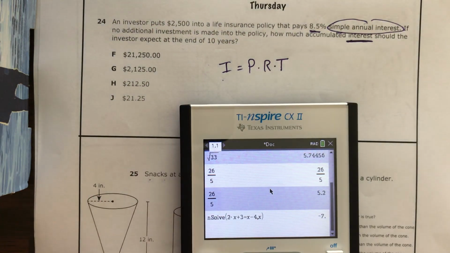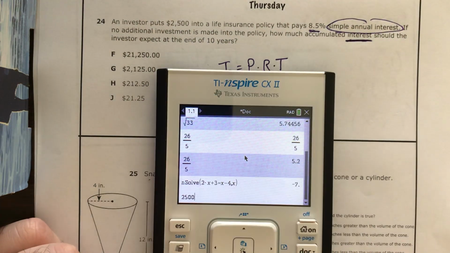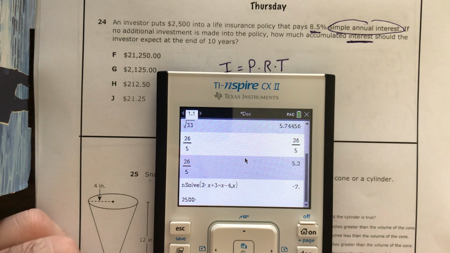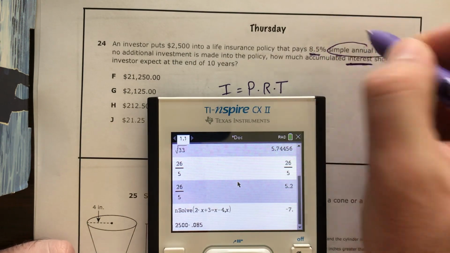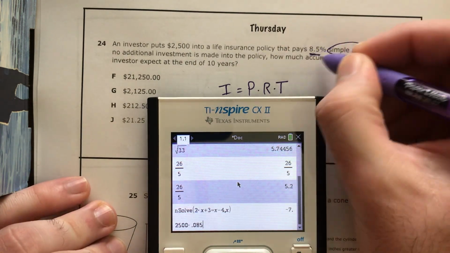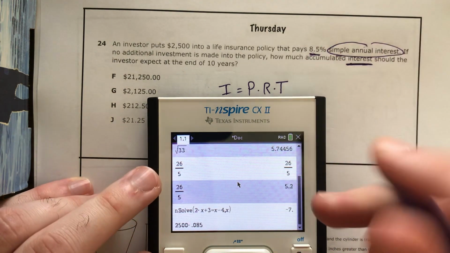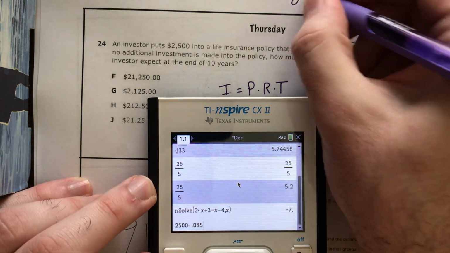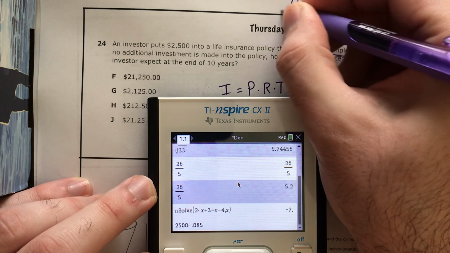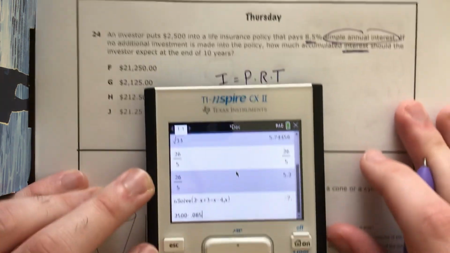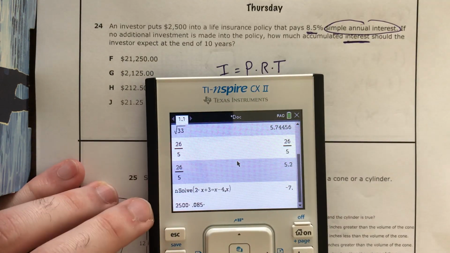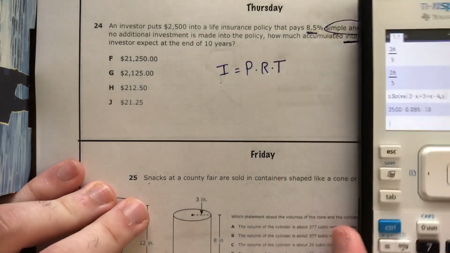So we have 2,500 times your interest rate, which is 0.085. Because remember, anytime you have a percent, all you have to do is move your decimal twice. So if you don't want to write it as a percent because you don't have one of these calculators, you write it as a decimal. So 8.5% is 0.085 as a decimal. So then we multiply that by the number of years, which in this case was 10, and we get our answer of